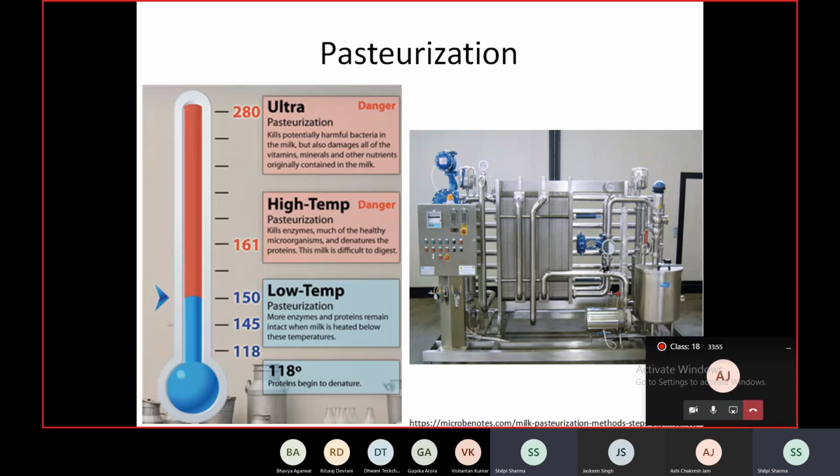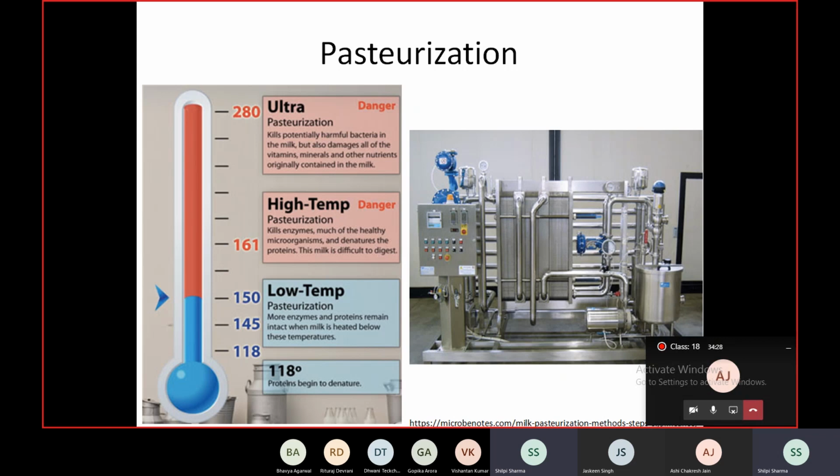Another process related to using heat as a means of controlling microorganisms is pasteurization, and I'm sure you've heard this term. Here, precisely controlled heat is used on heat sensitive liquids. So therefore, the temperature is to be very precisely controlled. I'm talking about pasteurization of milk and other food products. Here, you note that not all organisms are killed, so it is different from sterilization. You're only bringing down the count.